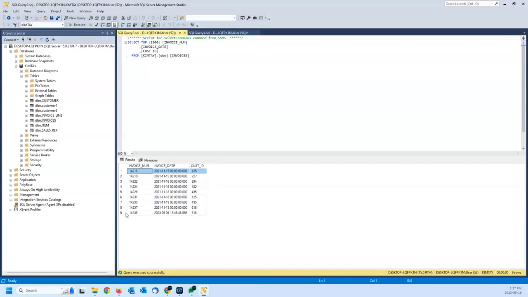Look at customer number 616. It is probably my invoice that I added at some point ago because I was playing with the data and I add some more garbage data as I need. But look at this guy, 435. He has two invoices as well. And this one is again... So this guy has two invoices. Both are actually on